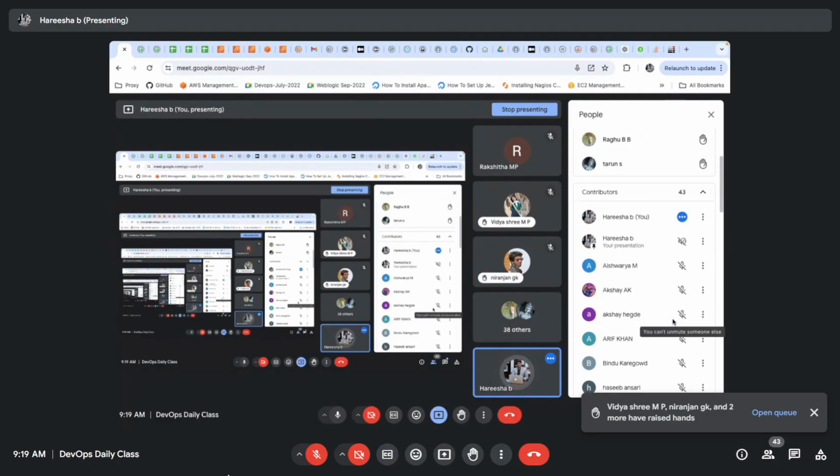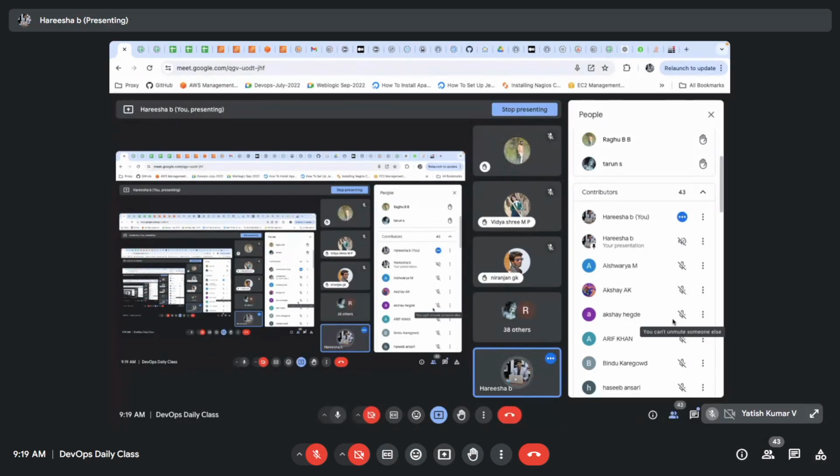Global means throughout your system. We'll consider it as the system level. Global doesn't mean worldwide; just consider your local system. We are talking about variables with respect to the system level, in our laptop, in our EC2 instance. Global variables are like